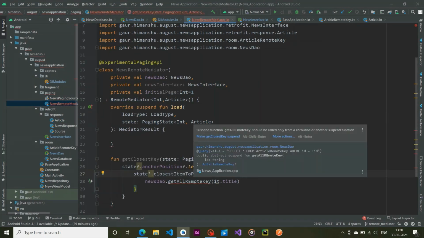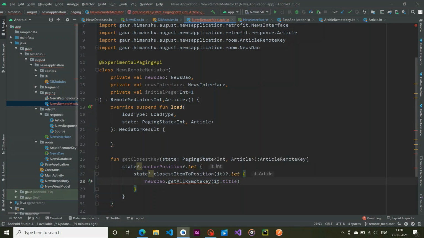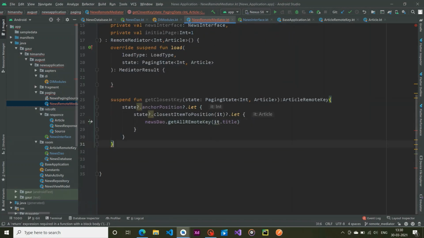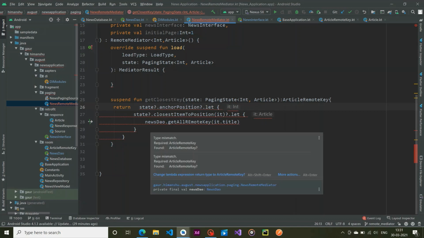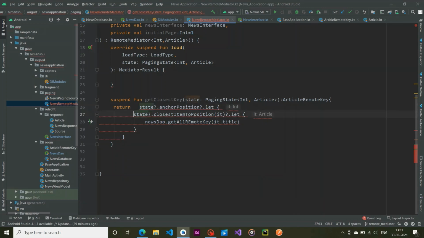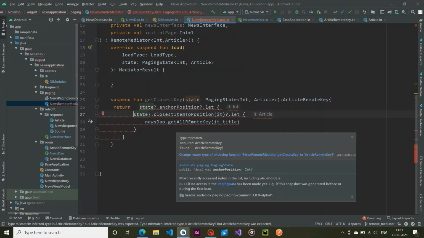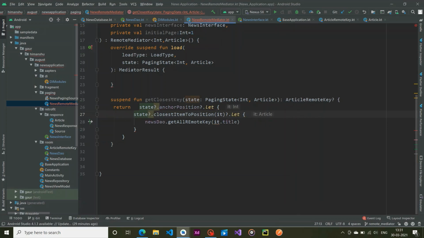This is a suspend function, so alt enter and make this also a suspend function, and that's all. So return this thing. Now it's fine.